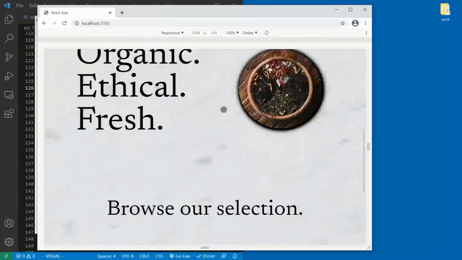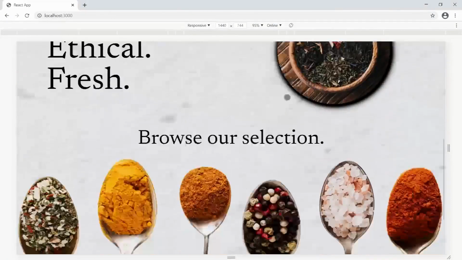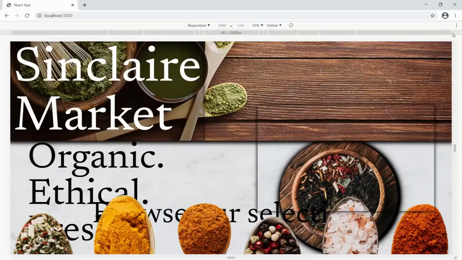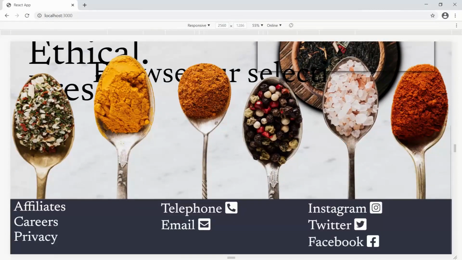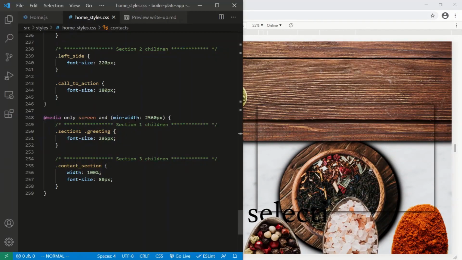Laptop looks good. This one is 1440, so 16 by 10, that's good. What's the next one? 4K, let's see what that looks like. All right, so everything's screwed up here. Let's fix this one. So let's start with section 1